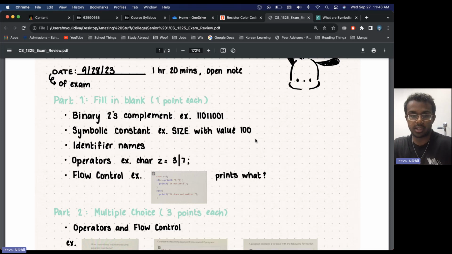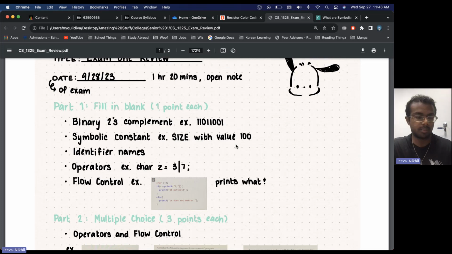How you would convert from a decimal value into a binary value, or into any other type of number system, is you would start with, actually I don't have it depicted here, so it might be a bit difficult if me just explaining, but if you look in the notes I'll post afterwards, it'll be a bit more clear. So you start with your decimal value, say it's going to be 32 or 31, for example. What you're going to do is, if we're converting to binary, you divide it by 2. The remainder is stored in the results column, and then